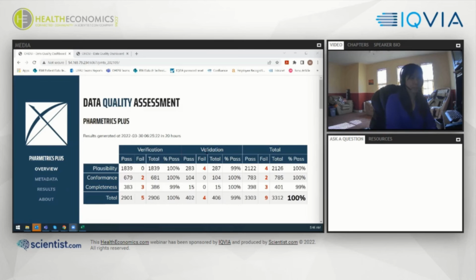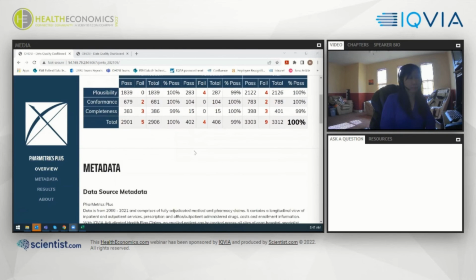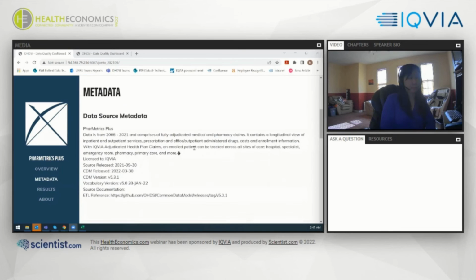As part of that, we also broke it down by the subcategories of plausibility, conformance, and completeness. Overall, we ran about 3,300 tests, and of those, 9 of them failed. Now, this data asset, because it's claims, is probably a bit cleaner when it comes to the dirtiness of the data. So if we go down a little bit,